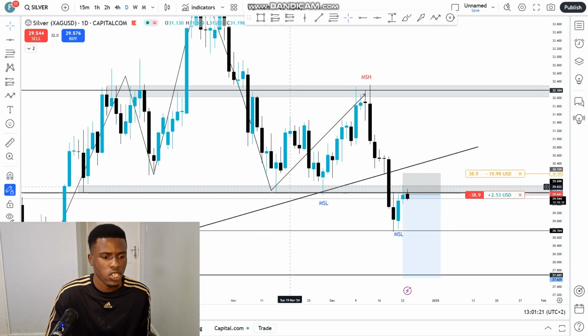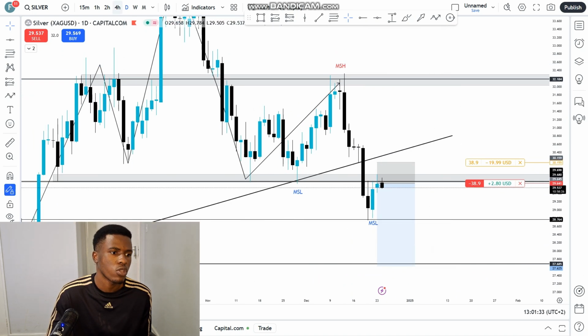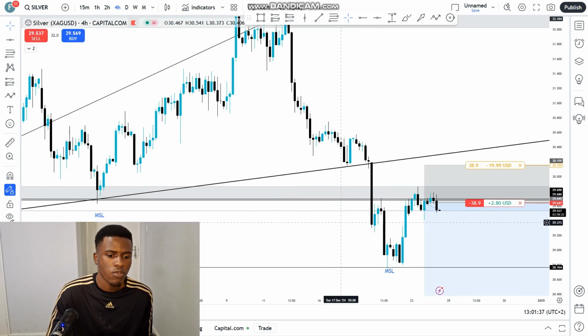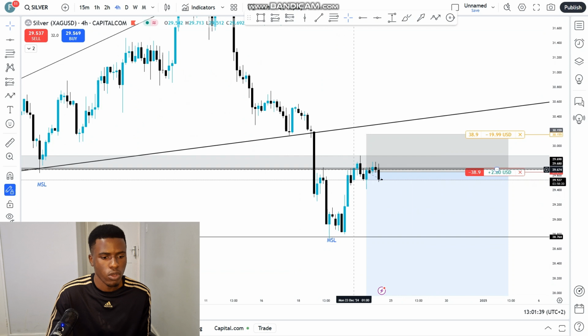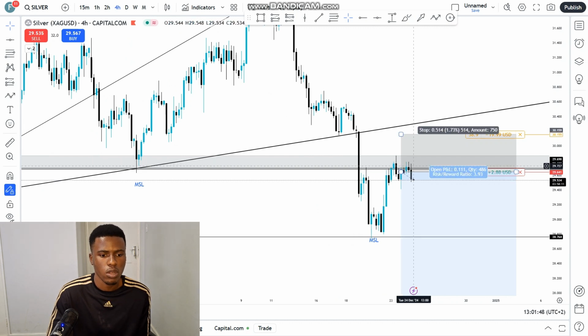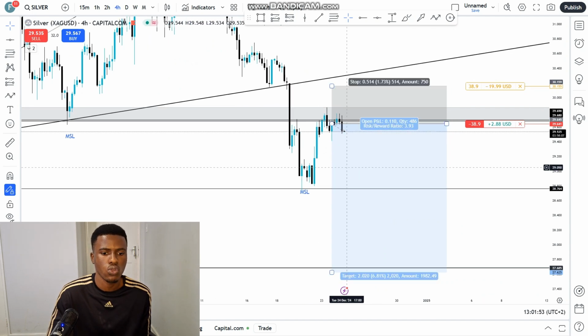And also on the price action side, we saw a close below these wicks right here, or below this major swing low right here. So I'm expecting another swing high to form right here and a swing low to continue to the downside. That's why I'm in this position, but obviously I took this one on the 2-hour time frame. On the 4-hour time frame, as you can see, we saw a rejection on this resistance area right here. So on the 2-hour, it was even more clear. That's why I took that position. So I'm expecting a continuation to the downside, breaking this swing low right here.